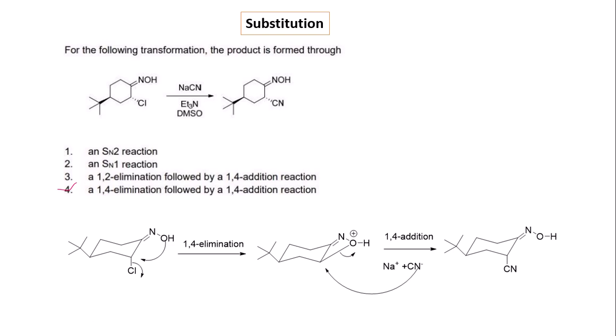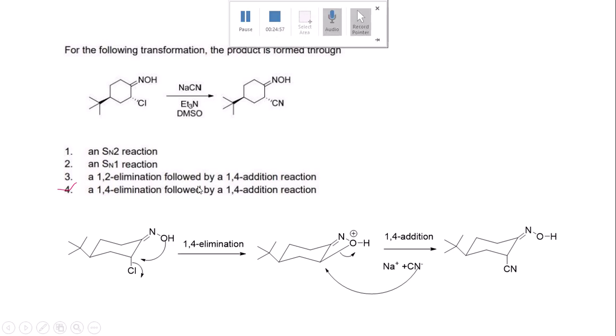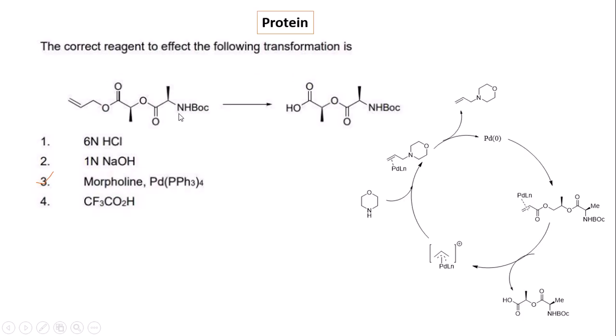And this is the substitution reaction, where in the substitution reaction the 1,2 elimination followed by 1,4 elimination take place. Here the 1,4 elimination takes place, that is the NGP type reaction, and then 1,2 addition, we get the reaction product. And this is the protection reaction, where the leaving group can be eliminated, but that is the allylic type intermediate, and this allylic type intermediate can add with that of the palladium and easily help to cleave the alkoxy bond to give that of the alkene, and we get specifically the morpholine and palladium PPh3 4 is used